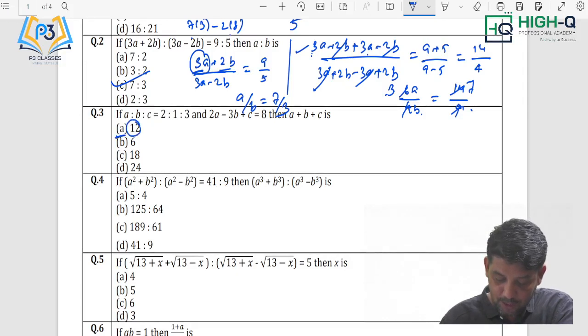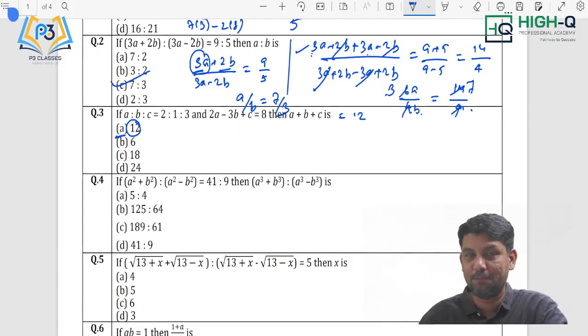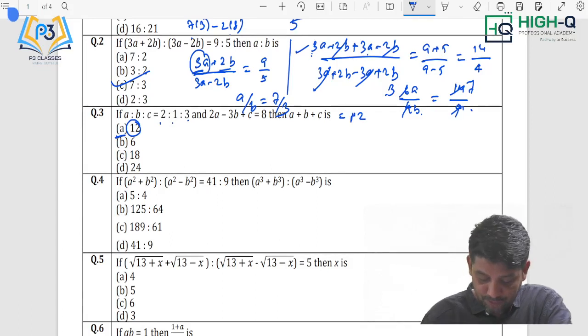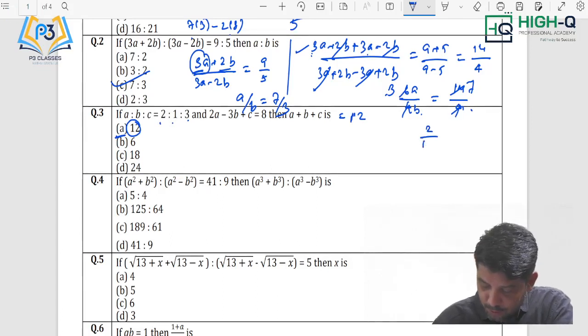Option A is 12. So can I say A plus B plus C is equal to 12, my dear? Let me take it, the sum of all 3 numbers is 12. I am using the trial and error method. Now the ratio is 2 is to 1 is to 3. That means the total is 12. So the first part is going to be 2 by